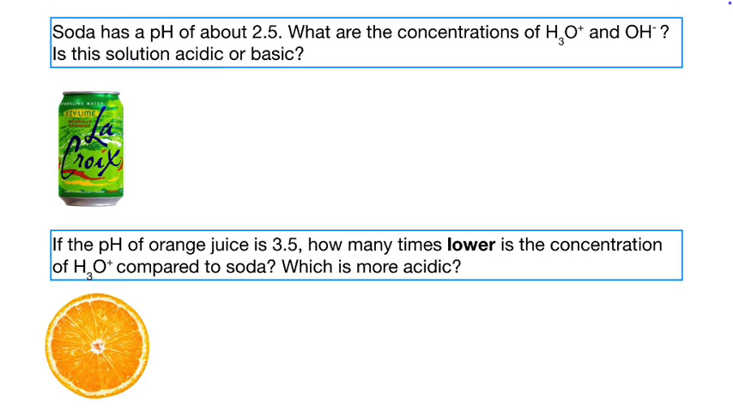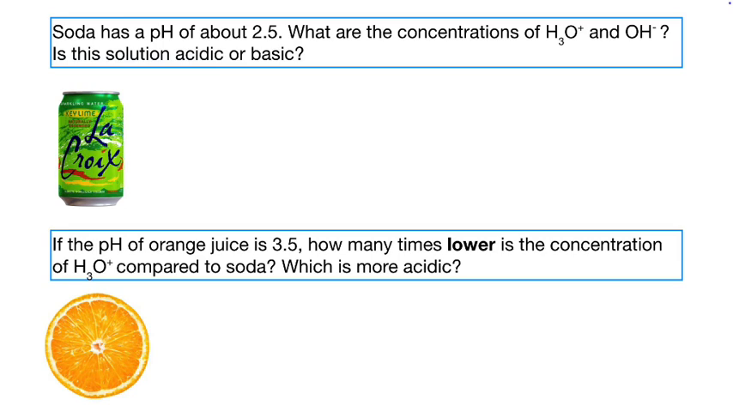So, soda has a pH of about 2.5. What are the concentrations of H3O plus and OH minus? Is this solution acidic or basic? And then if we're going to compare it to orange juice at a pH of 3.5, how many times lower is the concentration of H3O plus compared to the soda? These are blue boxes, which means